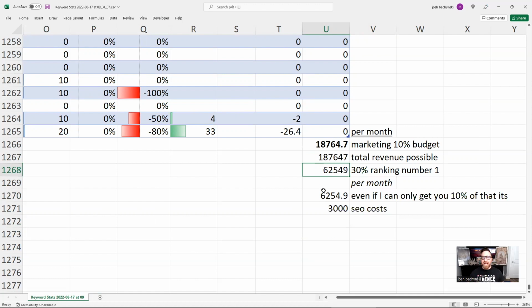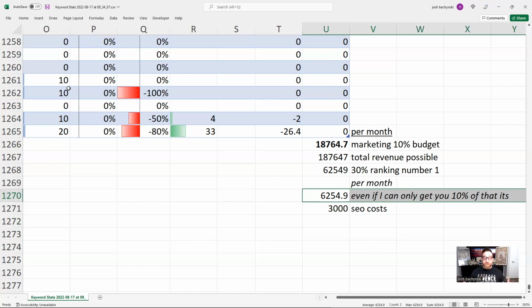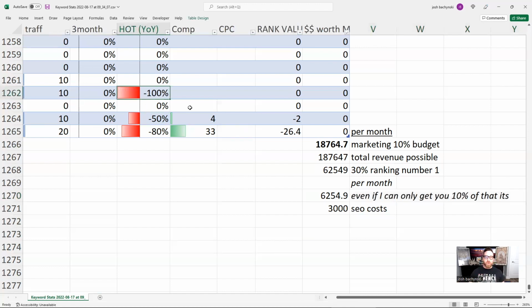So this is highly conservative. This is highly conservative, that you can only make them $6,000 of value out of the total money and traffic that's available in this niche. And it's beautiful. You can use the Google tool to find out the total money and value of the traffic and the money they're willing to spend that's in this niche for their geographic area. It's insane that we have this access to this data and people don't realize that this exists, but it does. And I can also then show them what is cool year to year.